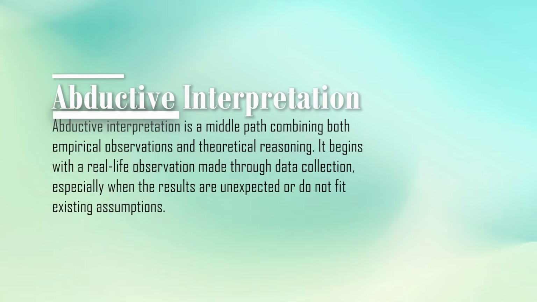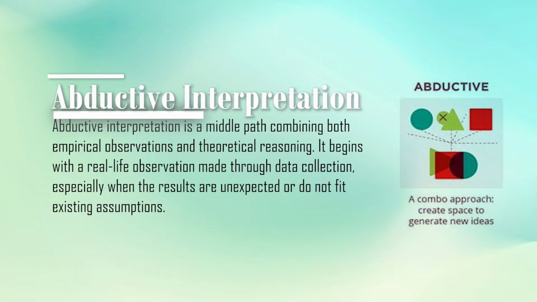Then comes the abductive interpretation. The abductive interpretation is the middle path, combining both empirical observations and theoretical reasoning. It begins with the real-life observation made through data collection, especially when the results are unexpected or do not fit the existing assumptions. When data reveals unexpected or unclear results, the researcher seeks the most plausible explanation using both existing